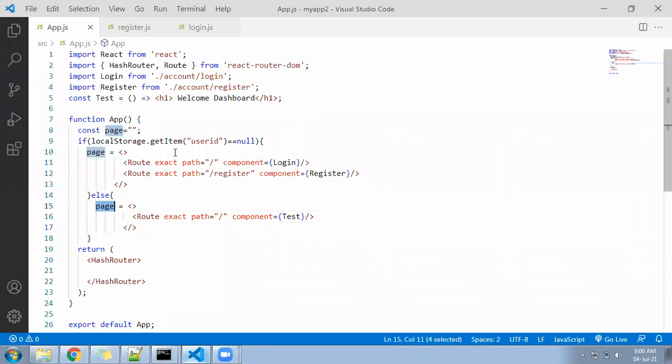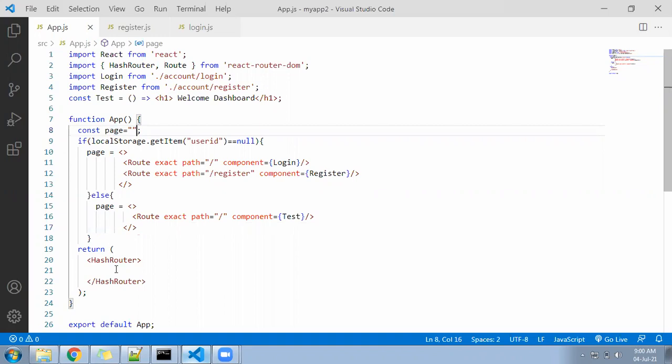Right, now you tell me what will happen. Either this will execute, and if this executes, then page will have this many. Correct. If that will not execute, then page will have this many. The constant I have defined in the beginning.